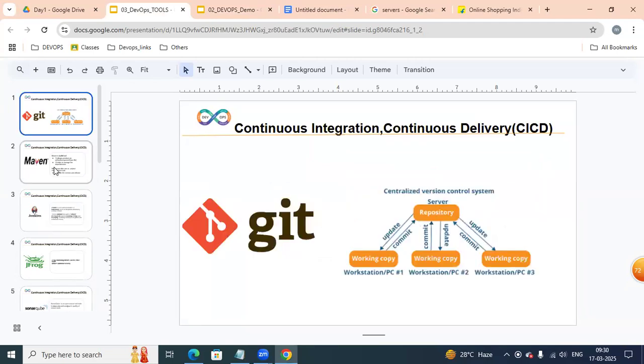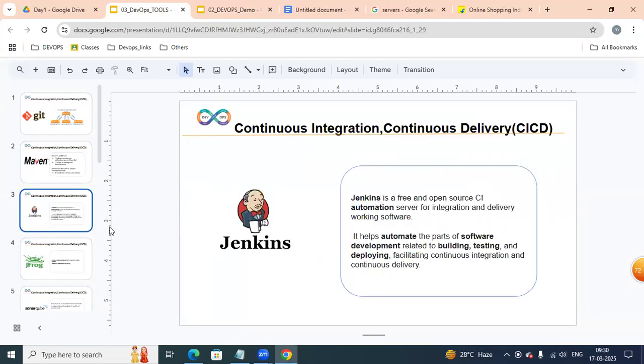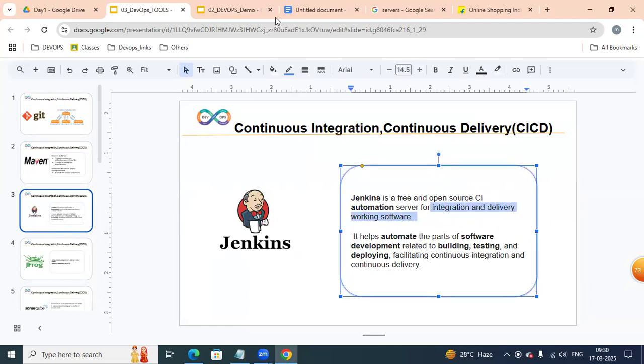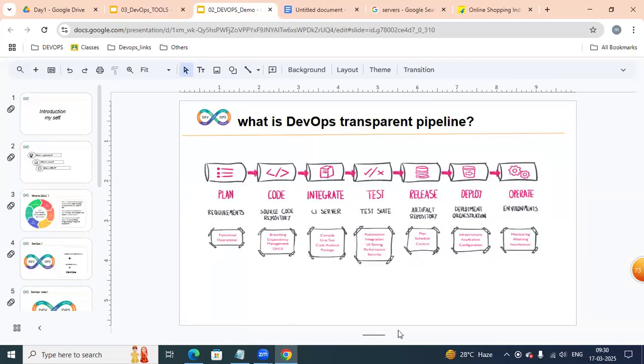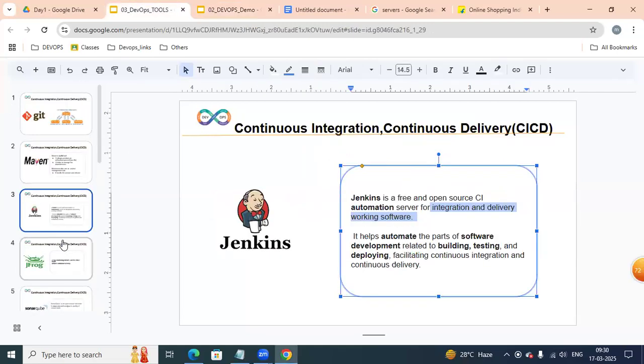Either on Git or Maven, we are going to implement an automated process with the help of Jenkins. Jenkins is a continuous integration, continuous delivery tool. The entire CI/CD, continuous integration, making working software, and continuous delivery, we can automate with the help of Jenkins.